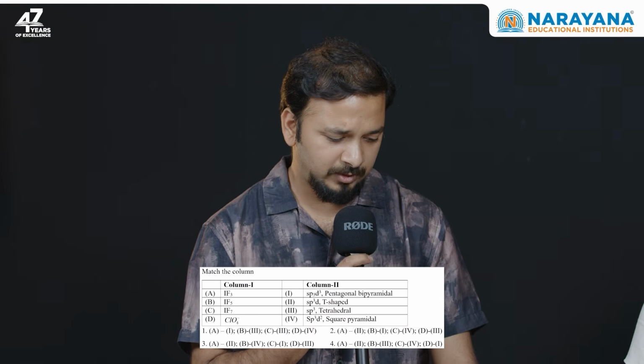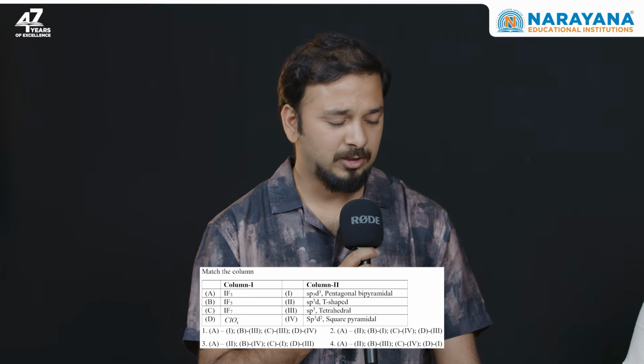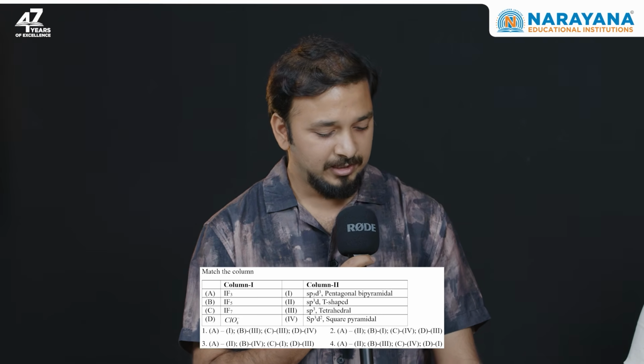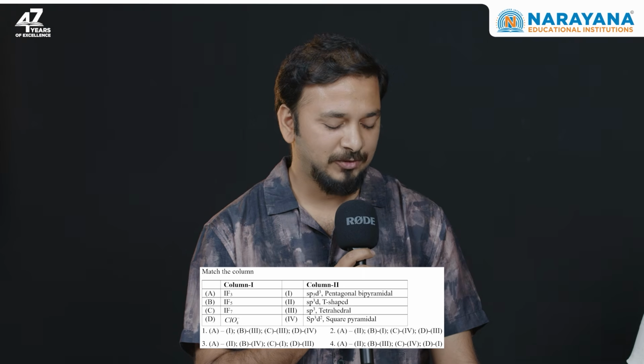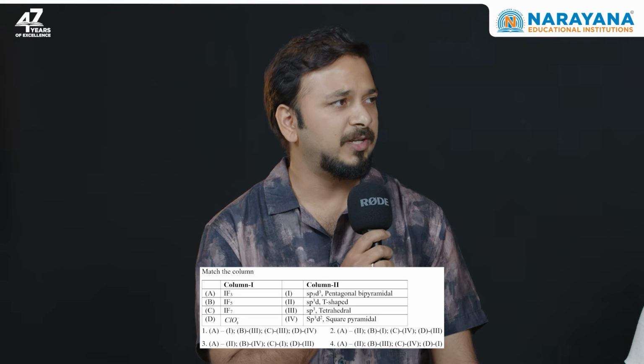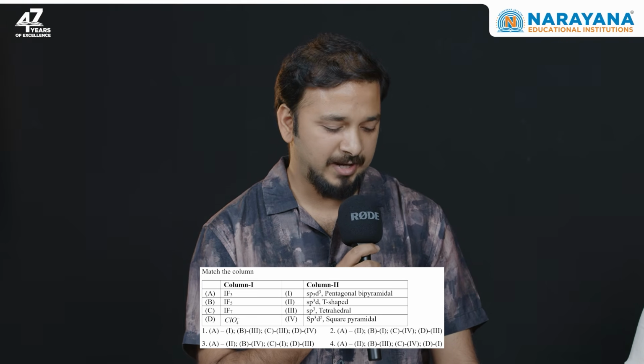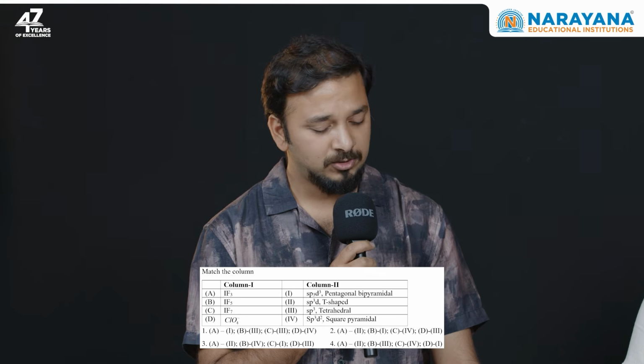Moving on to question number 8. Question number 8 is from chemical bonding. It is a very important topic from JEE Main's point of view, that is hybridization and shape of the molecules. VSEPR theory is also there. They have asked from that topic only. The compounds they have given are very common compounds. We generally discuss all these compounds in the class. So I think it will be easier for them to solve this problem. Again, we have an easy question. Now moving on to question number 9.